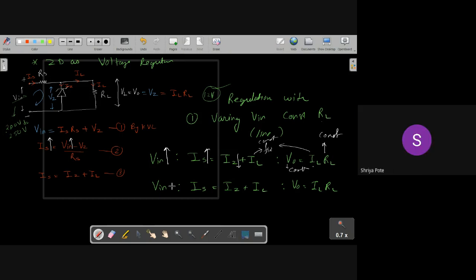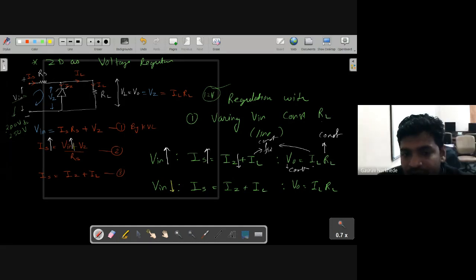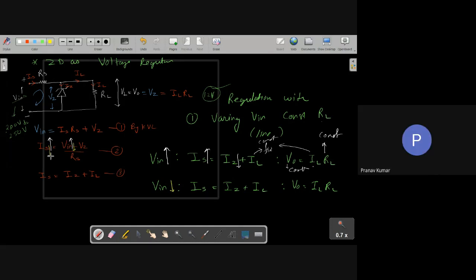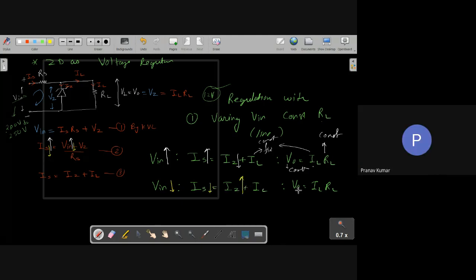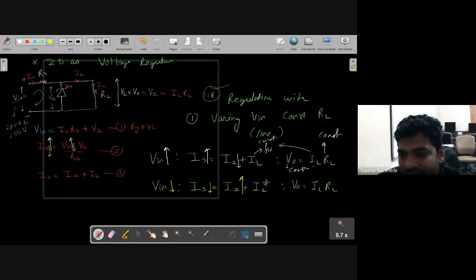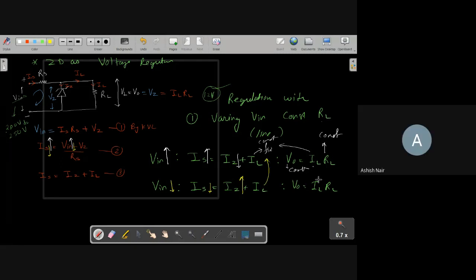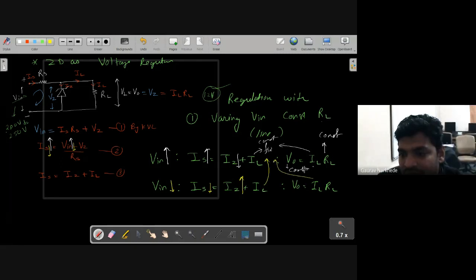Yes sir. बोलिए अभी, Vin decrease हुआ तो IS decrease होगा। और increase हुआ तो फिर क्या होगा? IZ increase होगा, right. ये IL कैसा है? Constant, फिक्स। तो IL अगर constant है, right, RL भी कैसा है? Constant है, तो V0 भी कैसे रहेगा? Constant रहेगा।